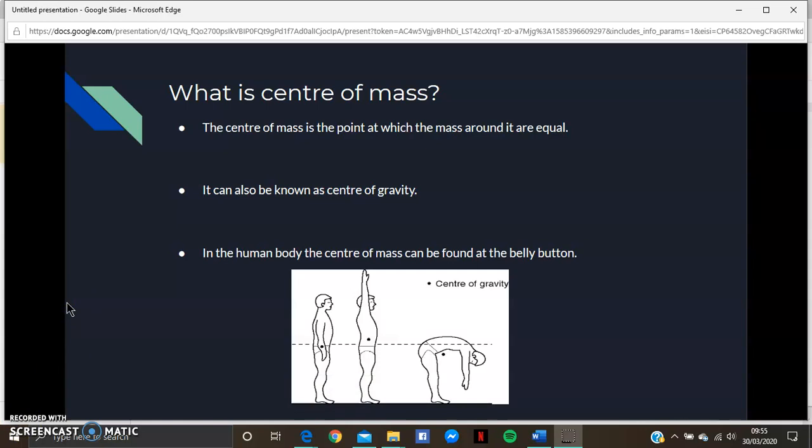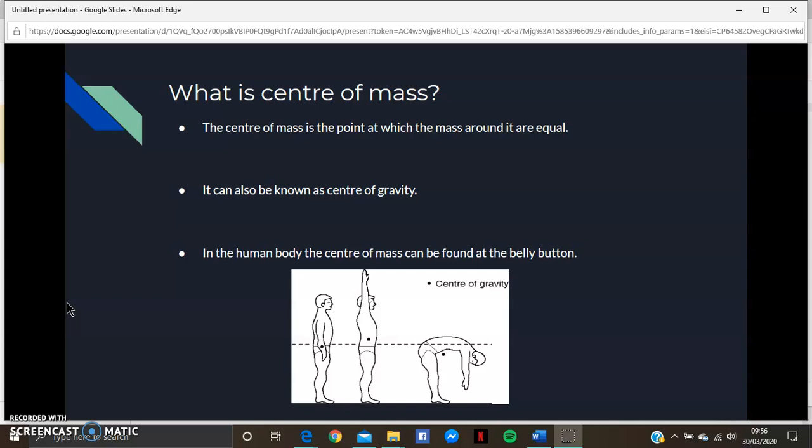the centre of mass in the body is around the belly button. This is because a human's top half of the body is a lot heavier than the bottom half. One position that makes the body's centre of mass change is when someone holds their hands above their head. This is because when their arms move upwards, the mass of the top of the body changes and makes the body position